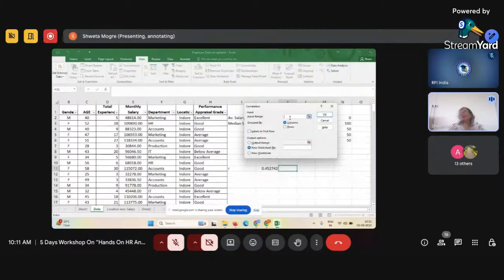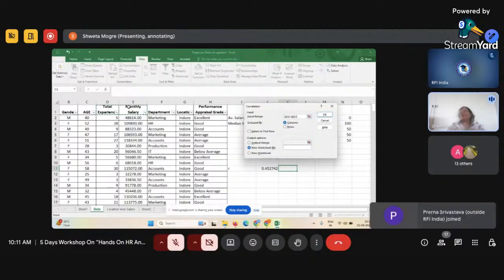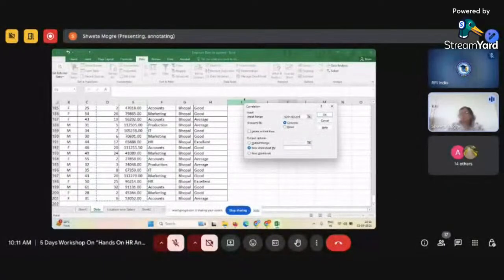Actually, this data analysis method is more appropriate, because by calculating correlation using the data analysis step, it will provide us a matrix in which variable names will also be reflected. So it would be more user friendly. Now in input range, I have selected the first heading cell and then Control Shift Down Arrow key. So both the variables are entered in the input range